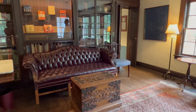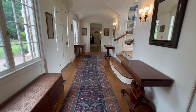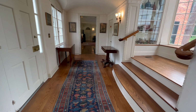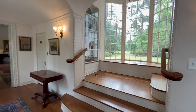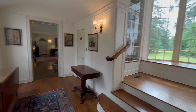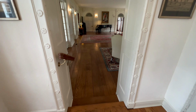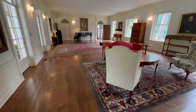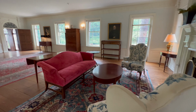Now, we're coming back through the library. Keep in mind that all throughout this house, you are able to actually sit on the furniture, and that's just kind of a fun thing to do, to sit in the library and pretend that you're reading a great book. Now, this is the original staircase. There are so many wonderful windows all throughout this property leading onto the grounds. Now, this home is a Southern Colonial Revival house, and it was constructed in 1920 to 1921 by a famed